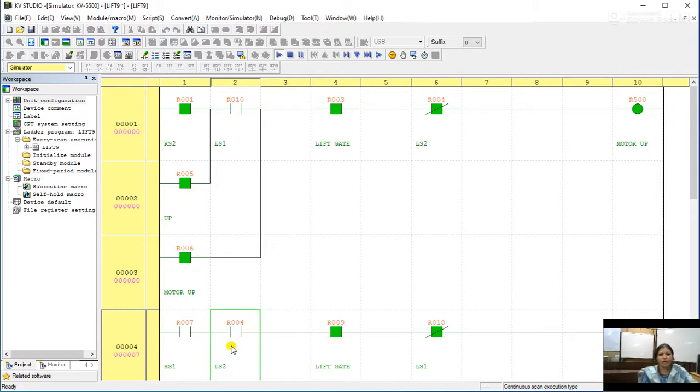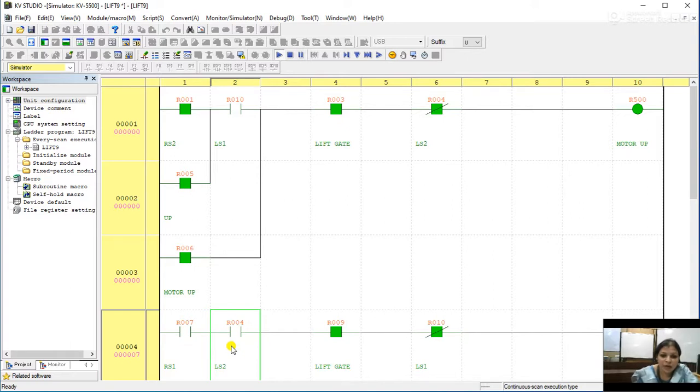So for your understanding, I will repeat the whole process, how the overall operation of the lift control is going to happen. Initially, if the lift gate access is open, the lift will not operate. Make sure that once the lift gate access is closed, you have to be very careful, lift gate is closed, and LS1 must be turned on.